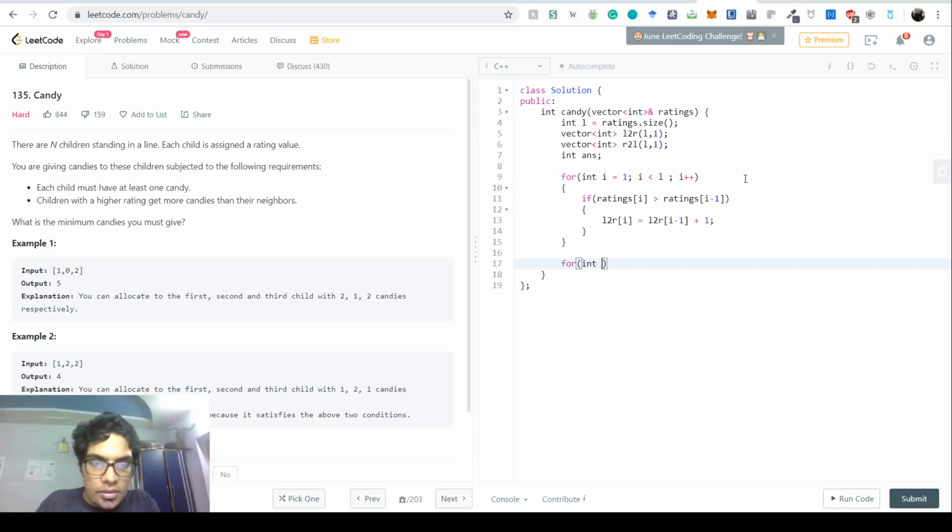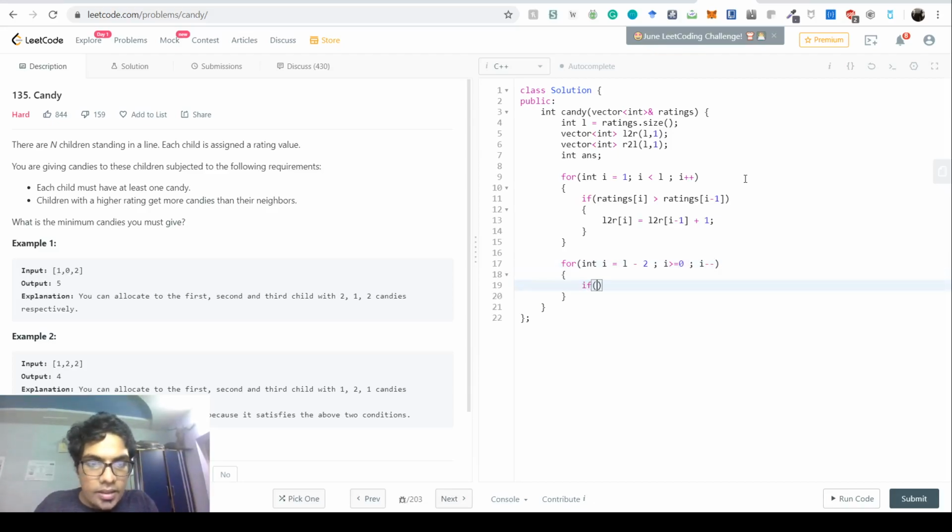Similarly, we initialize i again, starting from the second last element of the array, so l minus 2, until i is greater than or equal to 0, and we decrement i on every step.